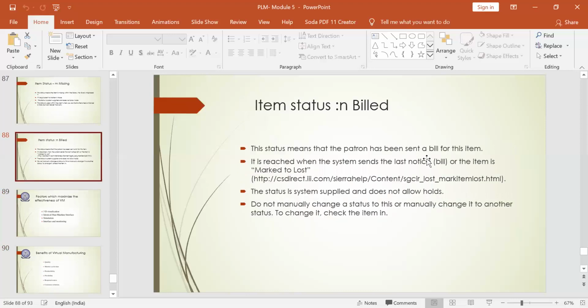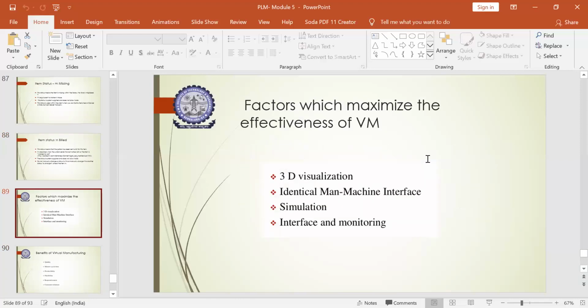So this covers the syllabus related to your fifth module, product building and structures. Before ending, I just wanted to throw some light on virtual manufacturing. What is the need for virtual manufacturing? How is it related to virtual product development, and what are the methodologies and tools we follow in developing a product virtually? How is it beneficial, and how can we create a virtual prototype before the actual prototype and actual manufacturing?